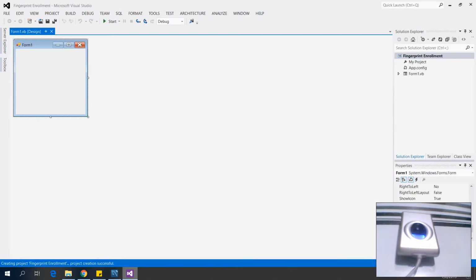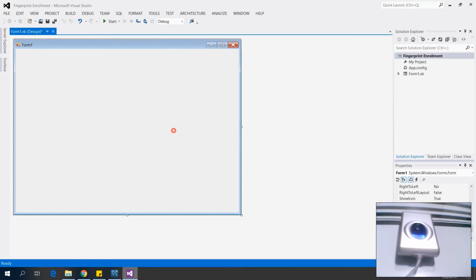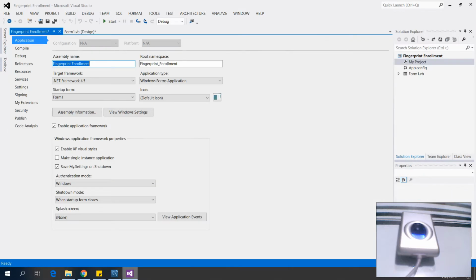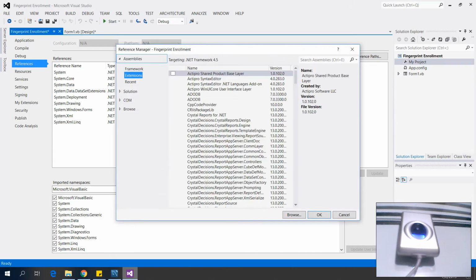So I have here the form 1. So first, I'm gonna add references to our project. So we need to add the references of the SDK. So let's click this add,